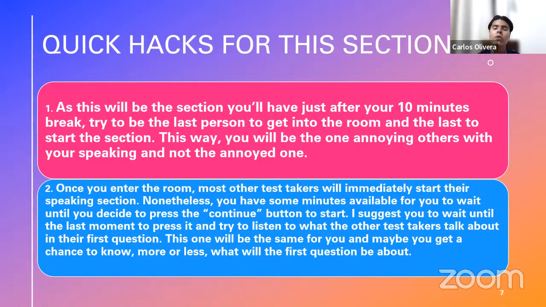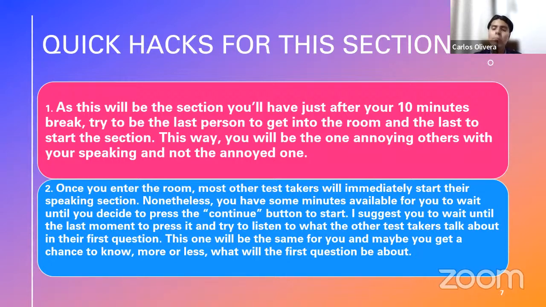They give you the opportunity to mentalize a little bit, etc. So you start the section when you want. Of course, you cannot be there forever. When the computer notices that you are not pressing the button, and I'm not sure how much time it takes until the computer does what I'm about to say, maybe it's about 3 or 4 minutes. I have never measured it exactly. I think there is no exact amount of time because it varies from test center to test center. But normally the computer gives you 3, 4 minutes, or maybe even 5 minutes for you to press